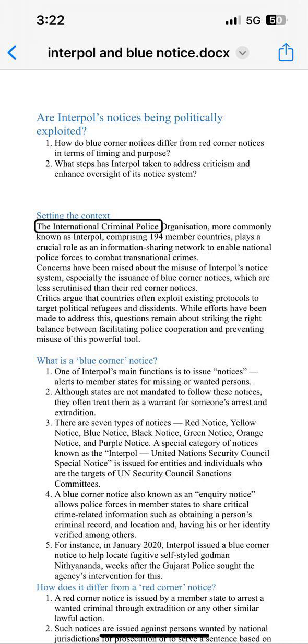I-24/7 is the code through which the police of one country can seek the information or contact the Interpol immediately, and then accordingly they can act upon it. So I-24/7 is the code of the Interpol. You must remember such things. Now, I hope that this Interpol is sufficient from the examination point of view.